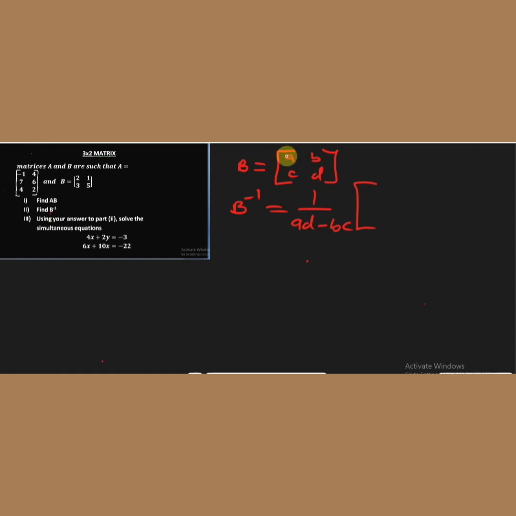Remember what you do to the diagonals: A and D will be exchanged. D goes up, A comes down. But for the other diagonal, you multiply them by minus 1, so it becomes minus B and minus C. You don't exchange them. So this is the formula for the inverse. I'm going to use this formula to find the inverse of